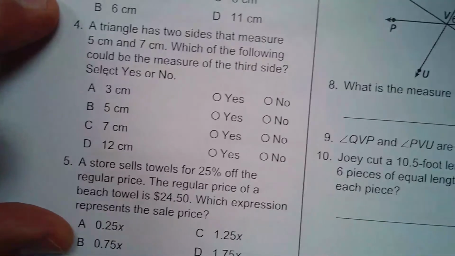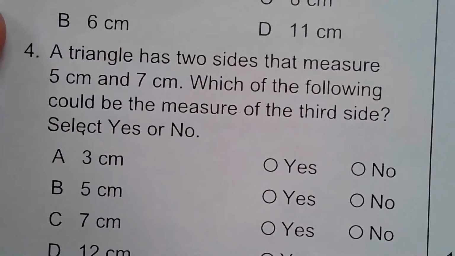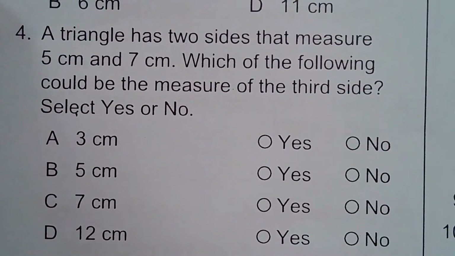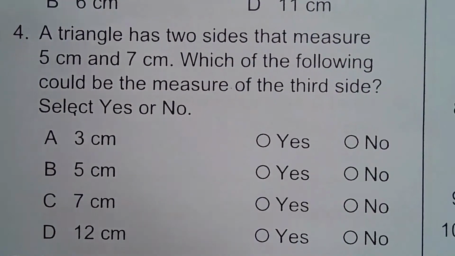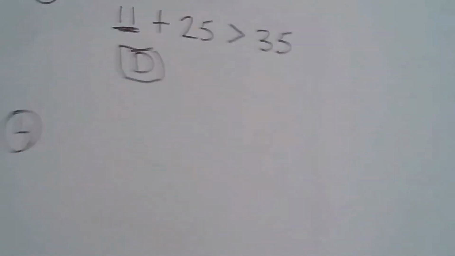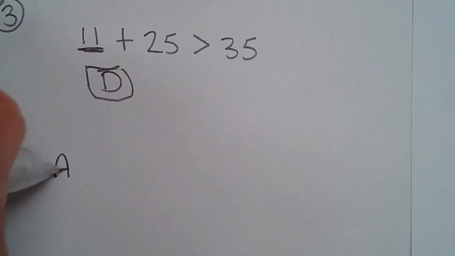Number 4 is this one. I'll come in tight here. A triangle has two sides that measure 5 centimeters and 7 centimeters. Which of the following could be the measure of the third side? Select yes or no. Okay, so could 5, 7, and 3? For A, 5, 7, and 3, I have A,